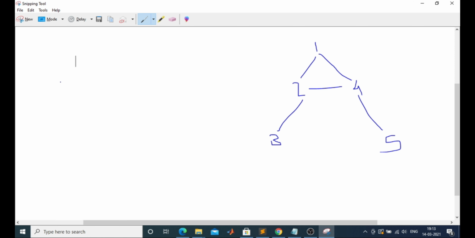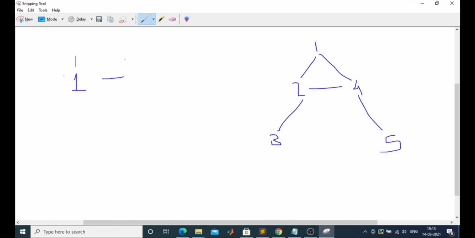Okay, so what we do in adjacency list, we take a map. Okay, map of int, comma list. Don't worry, I will show you in the coding part as well. You can even ignore it here right now since it is not looking good. Okay, fine. So assume right now that we have taken a map whose key is an integer and whose value is a vector or list. Okay. Now what we do?